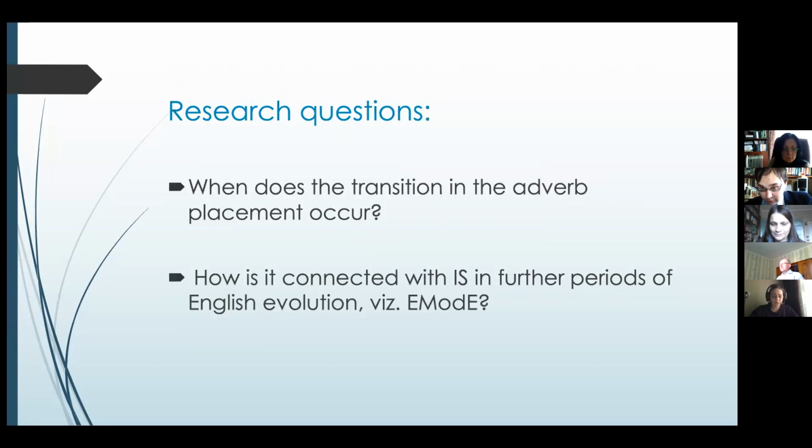And basically these figures triggered the question in what period this transition in adverb placement occurs and how